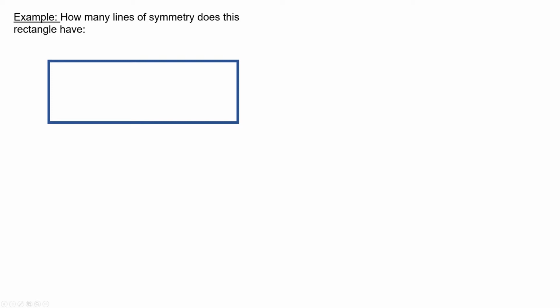If we have a look at this rectangle, how many lines of symmetry does it have? Well, we could fold it in half vertically, like this, and you could also fold it in half horizontally. A lot of people would then say you've got a line of symmetry going from one diagonal to the other, but you actually don't, because if we folded that in half, you would end up with something which looks like,